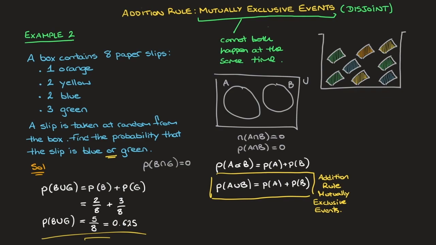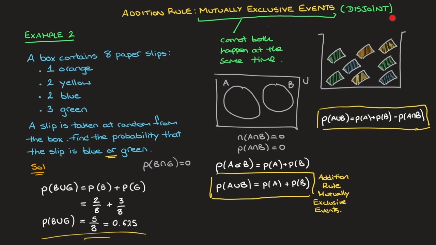And there we go. We now know how to calculate the probability of one event or another occurring. Indeed, we saw the disjunction rule, which remember stated that the probability of A or B equals the probability of A plus the probability of B minus the probability of A and B. And we've seen that if the events A and B are mutually exclusive or disjoint, then the probability of A and B equals 0, which means that this term inside the formula disappears and the disjunction rule turns into the addition rule. And I'll even add that. There we go. And I'll say if the probability of A and B equals 0,